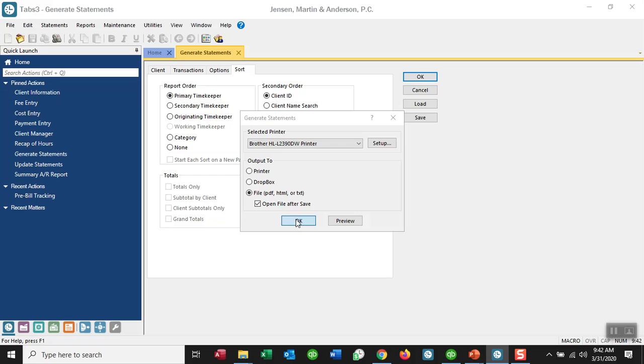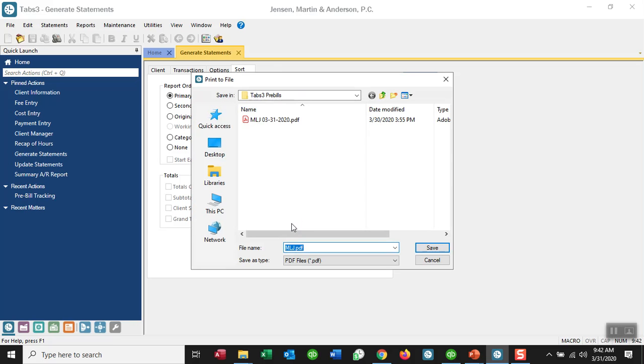Click OK. And I've created this folder here on our network. I'm going to give it a name. I'm using the initials of the primary timekeeper plus the end date for this particular statement run. So let's save,